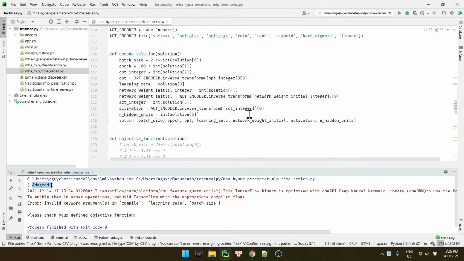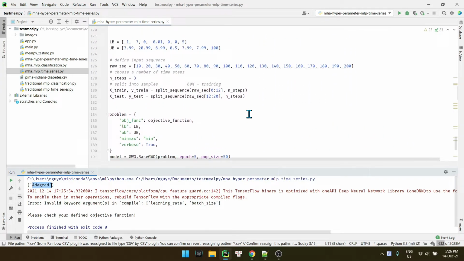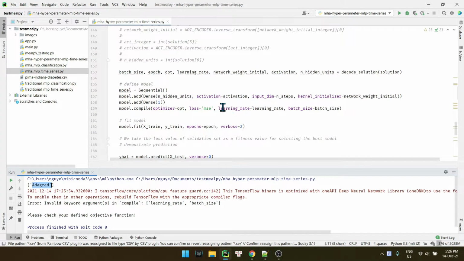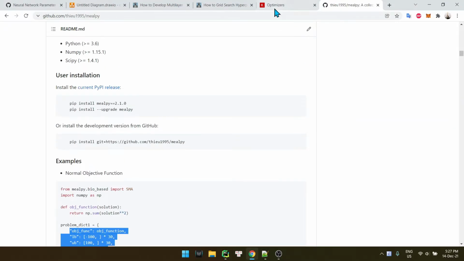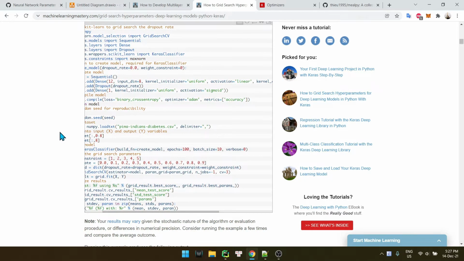Maybe for this optimizer, it does not receive the learning rate and batch size. Oh my gosh, I don't know. But let's see. Does it actually do that?